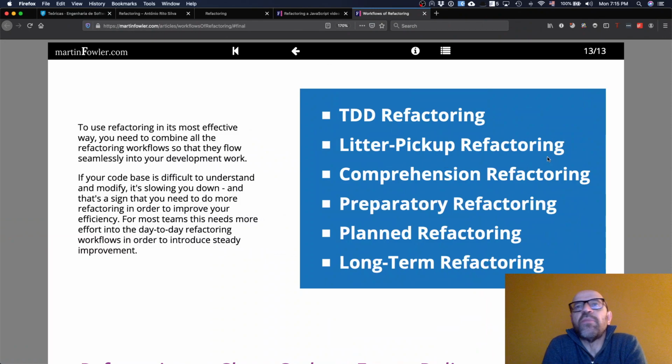Just because you want to make the code easier to read, or you just find something that is not nice, or you can even have a long-term refactoring where you see that the architecture of your code is not okay and you need to change it, and then you plan that every time you do something. But the idea is that you're not going to do it at once. You just define a plan, and while you are working, you keep changing the code.